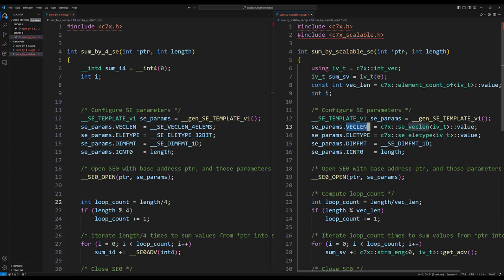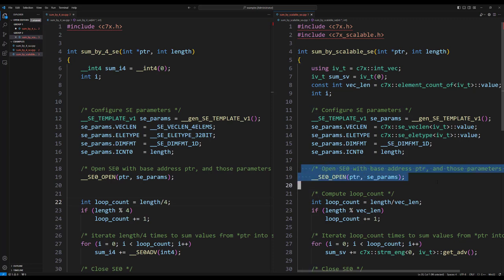At build time, this is a known constant, but this is how you get at it. Same thing with the element type. There's a service in C7x scalable.h for getting at the element type, and here's how you do that.